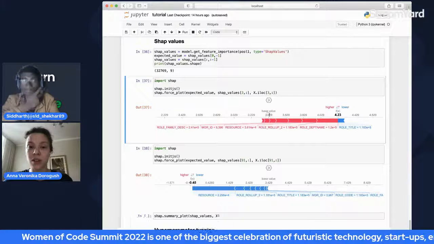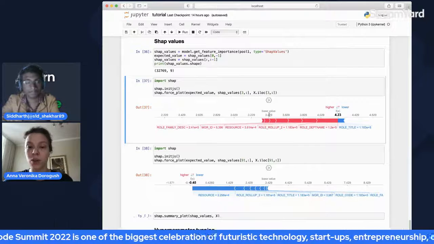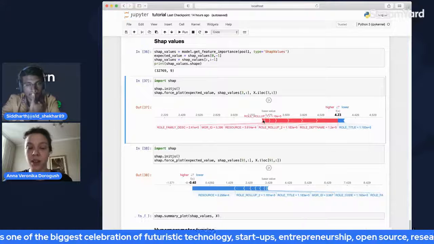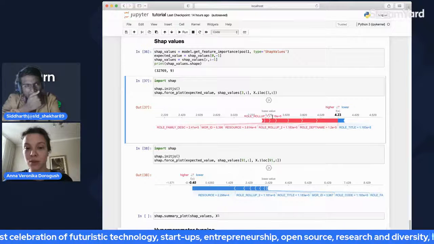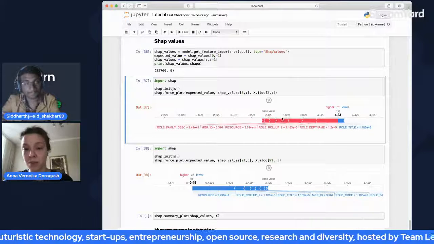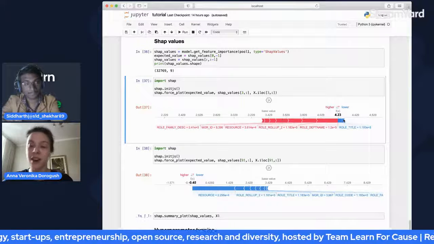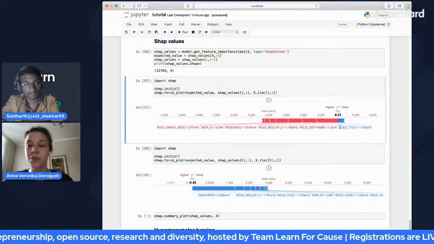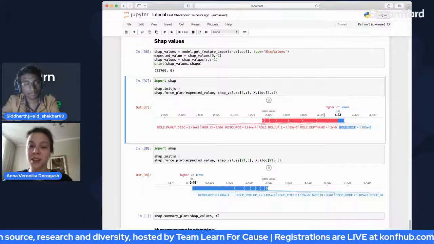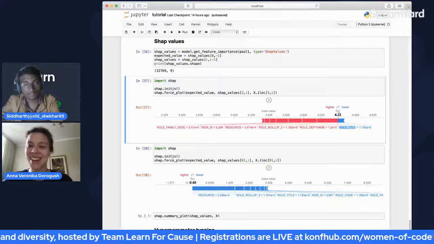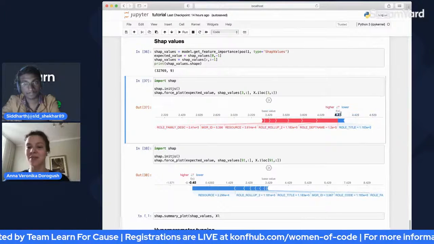So it was initially at this base value. Then because of this feature, it came a little bit to the right. Because of this, it came more to the right and so on. And also because of this feature, it went a little bit to the left. And in the end, you got this value.